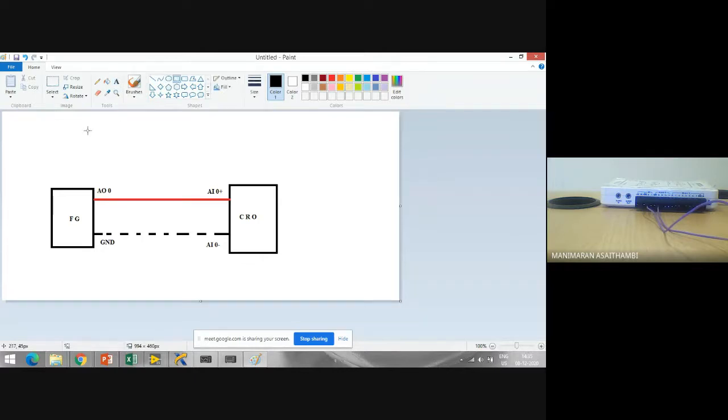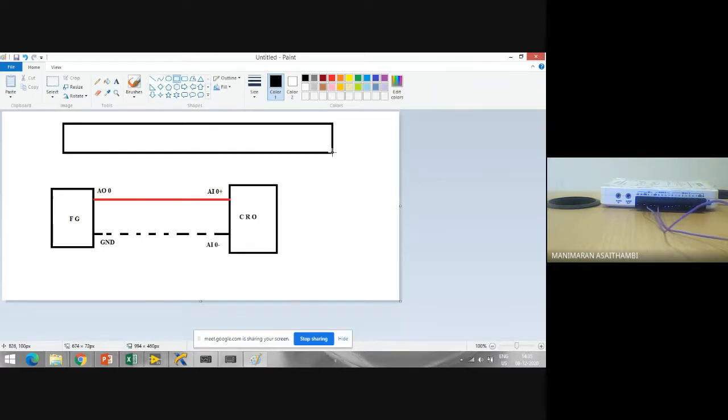So now in my MIDAC I have these terminals. So what do I connect here is, I'm just connecting from one terminal to another terminal.